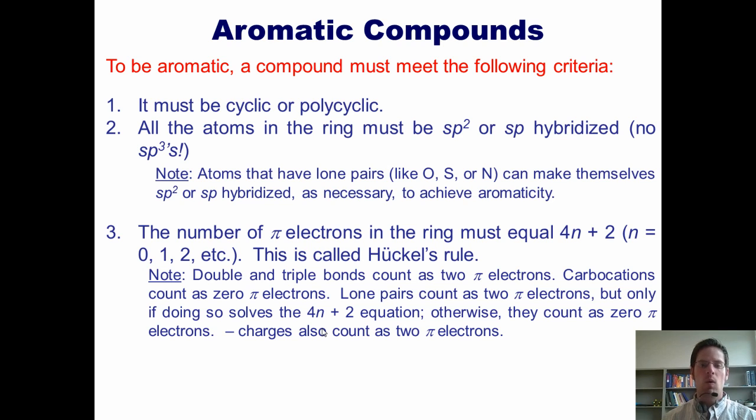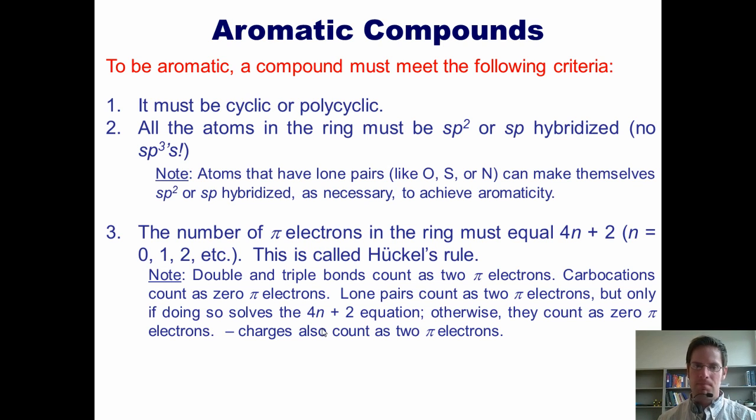1. It must be cyclic or polycyclic. 2. All the atoms in the ring must be sp2 or sp hybridized. No sp3s. Now, one note I want you to understand is that atoms that have lone pairs, such as oxygen, sulfur, nitrogen, can make themselves sp2 or sp hybridized as necessary to achieve aromaticity. So if you see an oxygen, sulfur, nitrogen in a ring where it would normally look like it would be sp3 hybridized, it will hybridize itself with its lone pairs to make it sp2 if doing so helps the ring